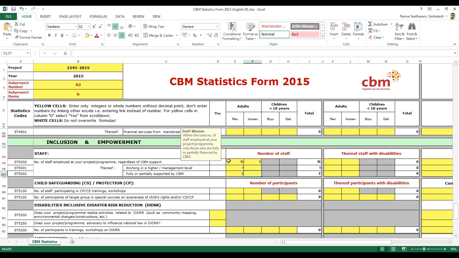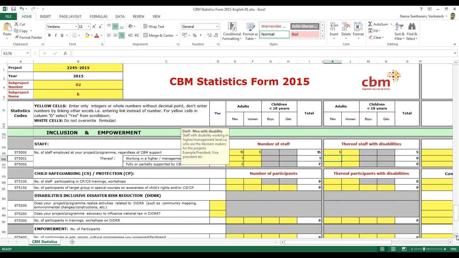This is the logic, so that we get the overall staff strength and how many are supported partially or fully, and out of this we know how many are in the management. In this we also know, for example, if there is 1 person in the management among 10 men, and if there are 5 persons with disability, we also know what is the ratio of staff strength with disability at the project. This was the logic why we put it.